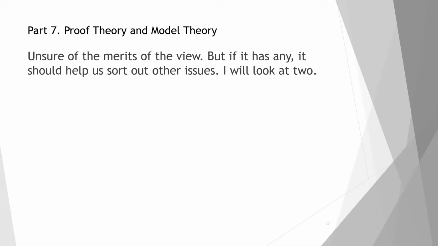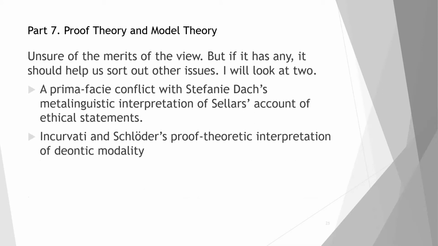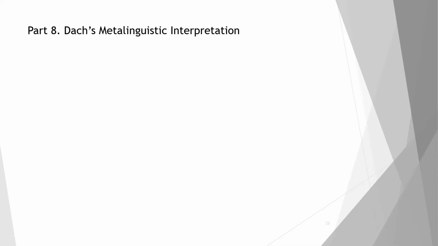So the first is Stephanie's account of what she calls the metalinguistic interpretation of Sellars' account of ethical statements. And then the other is Incravati and Schloeder's proof theoretic interpretation of deontic modality. Because if I'm right that model theory and proof theory are complementary, then there should be a way to reconcile these different groups. So in Stephanie's essay, she argues that Sellars in his later work comes around to understanding the